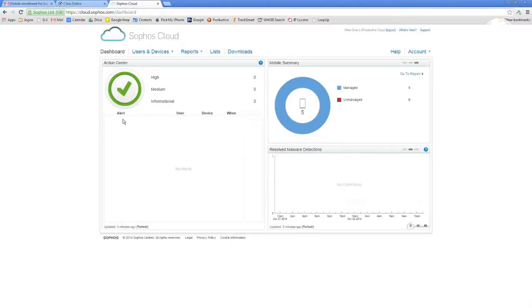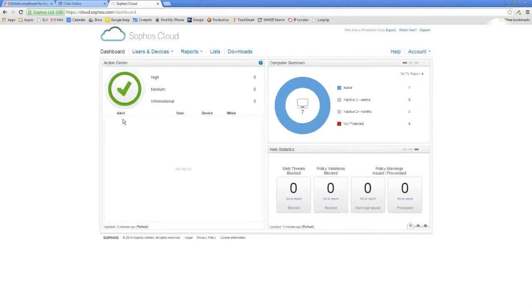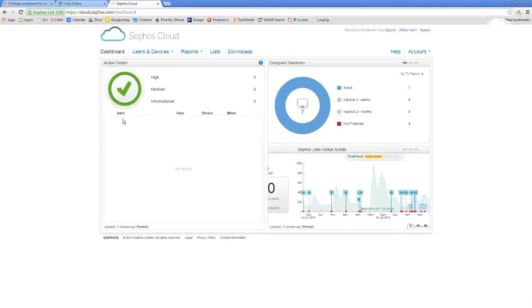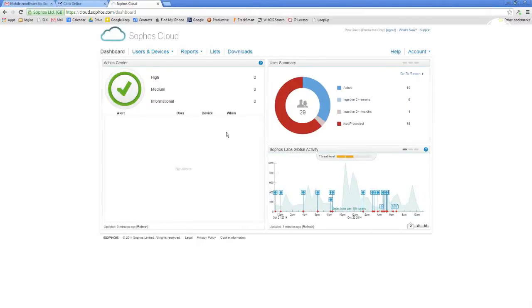And one of the things that I really liked instantly was being able to pull up this console from anywhere without having to establish a VPN back to the network and do a remote desktop and this kind of stuff, and start getting some visibility onto what's going on. Now you can see I'm actually pretty clean here. I don't have any alerts. I've got my big green check mark, so I'm staying on top of stuff.